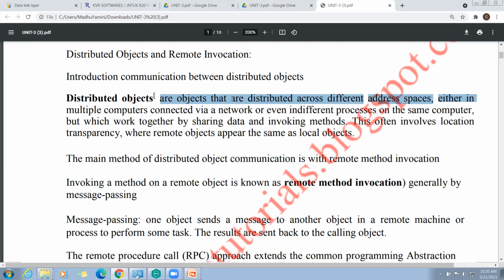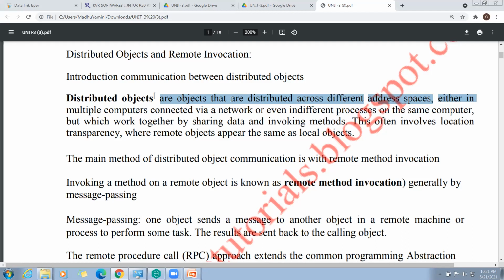The main method of distributed object communication is remote method invocation. How does distributed object communication happen? One object is on one machine, another object is on another. I am working with one machine. How can I access that object remotely?